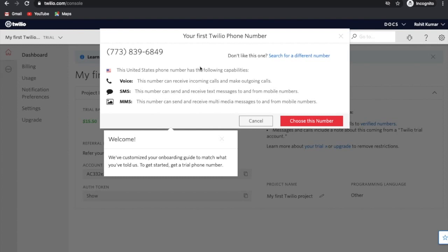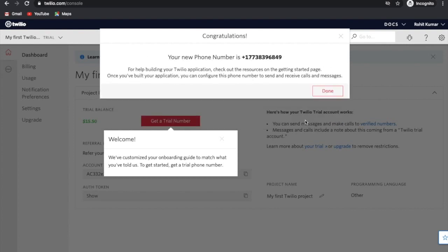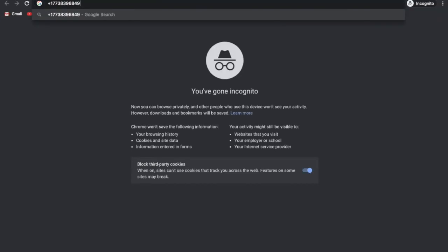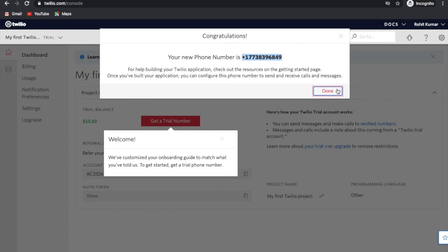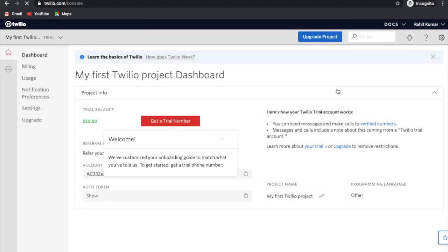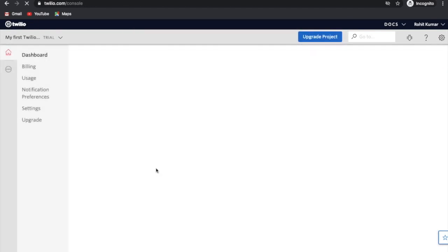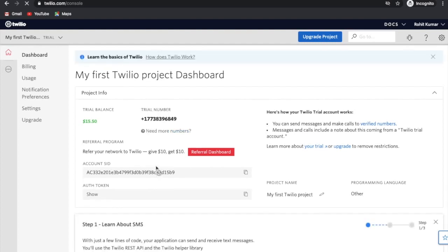You will be able to choose a number. So you have to choose this number, and your trial number is set. Note down this number, copy this, and I'm just pasting it here for future reference. Now your trial number is set and populated here.